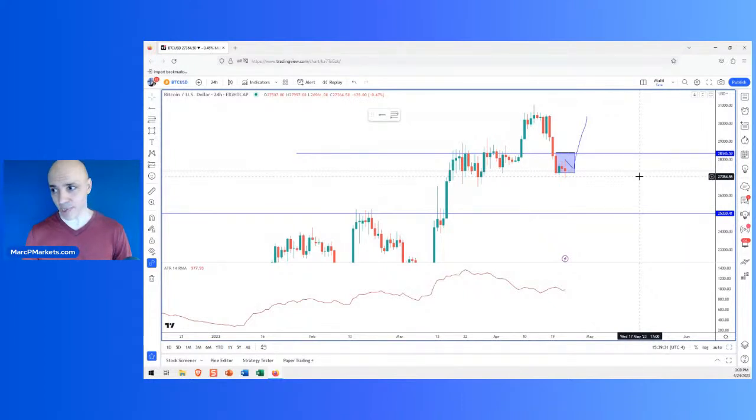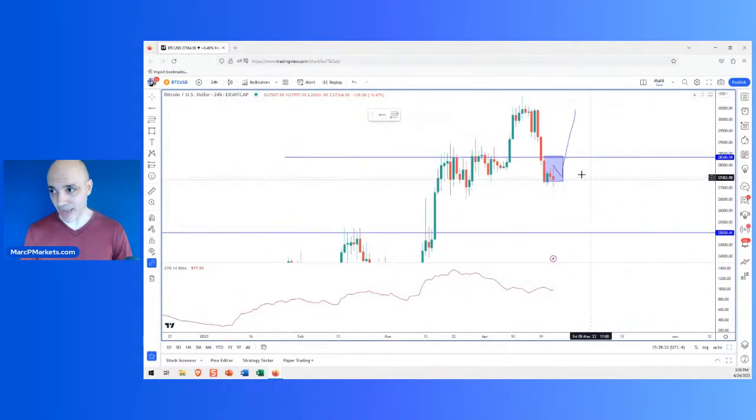So that's my mindset. But I can't just step in. I can't just jump in just because we're in my buy zone, right? You don't just jump in because markets are random. Markets are highly random. And it's the first thing I always think of. It's the thing I respect the most, because you have to respect that about the market. You cannot forecast the market with any degree of accuracy, especially over longer periods. Anyone that tells you otherwise is a fraud, okay?